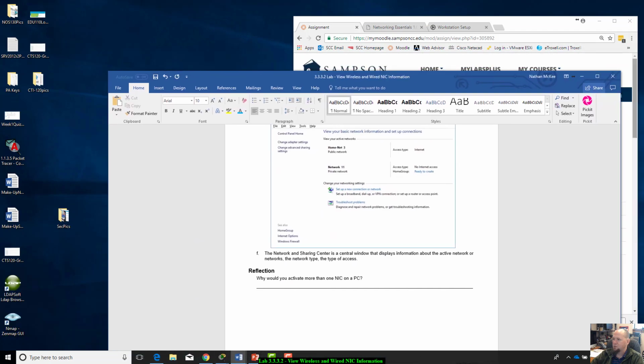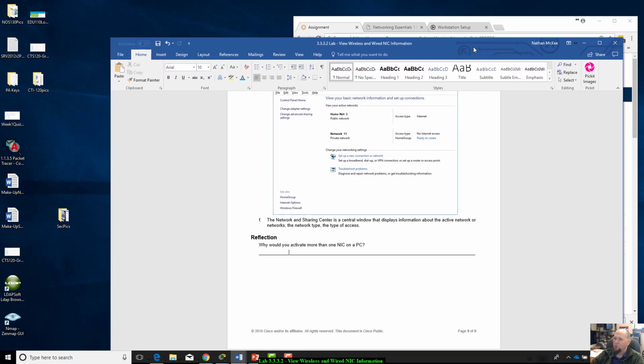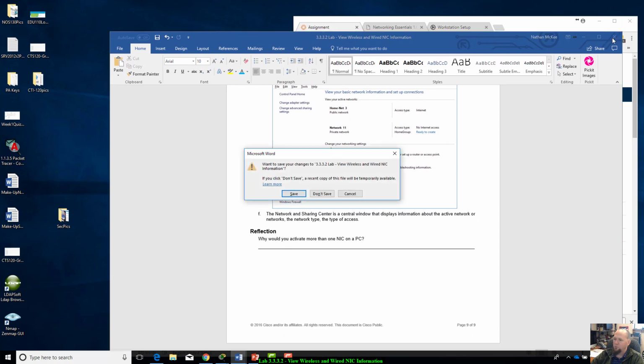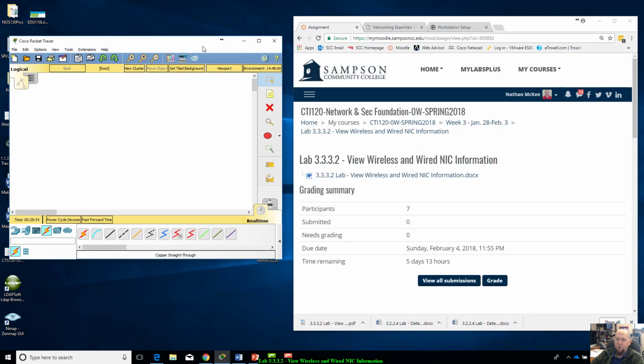That would be perfect. All right, now if you don't have a wireless or don't have a wired connection, I'm going to show you guys how you can do it in Packet Tracer to simulate it. And I'm not going to save this. All right, so we've got Packet Tracer up. First thing I'm going to do,